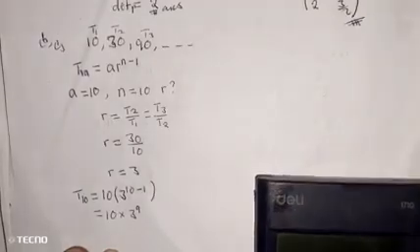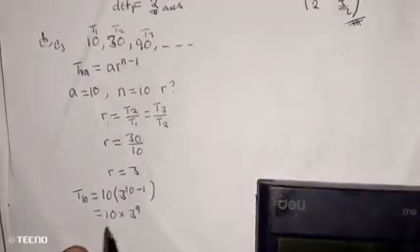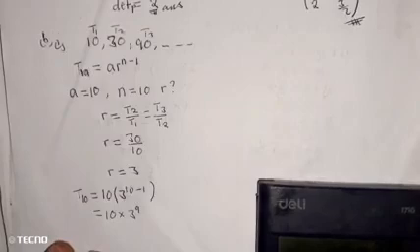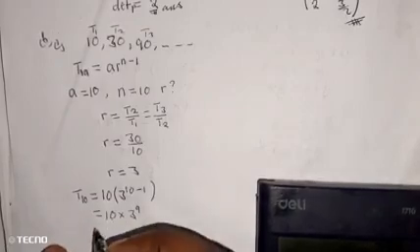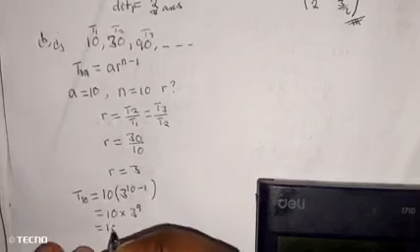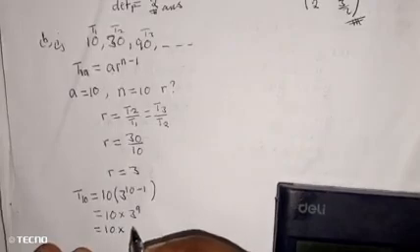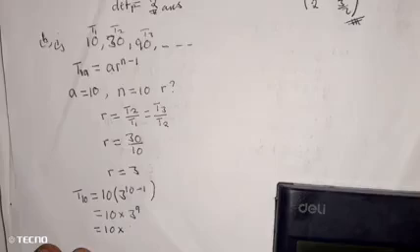No, we are multiplying 3, 9 times by itself. So we have 10 times 3 to the power 9, the answer is